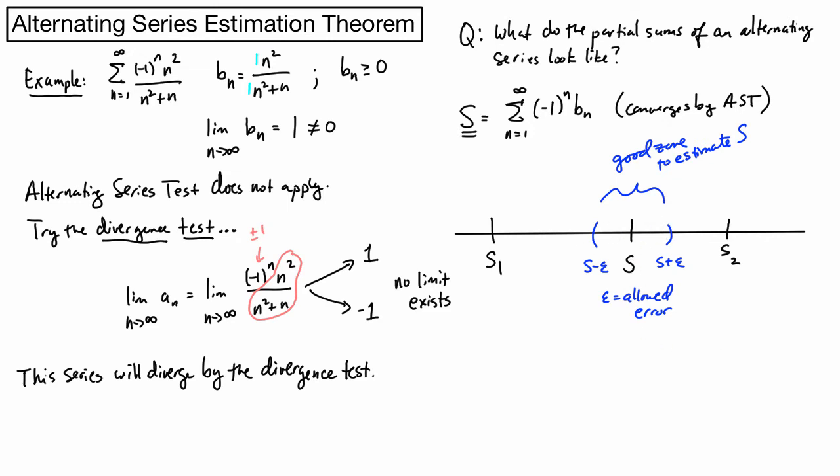What's interesting about an alternating series is we're always guaranteed to be able to do this, because the series converges. We will get progressively closer, but we'll be approaching from both sides. So say, for instance, S3 is here, still not inside the interval. S4 is here, close, but still not inside. And then we get to S5, and all of a sudden S5 is inside the allowed interval. The idea being that there's some value of n